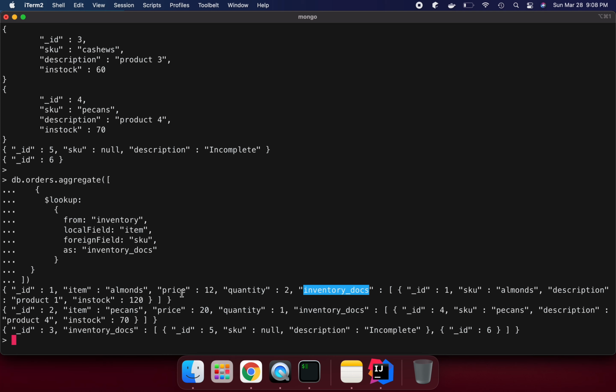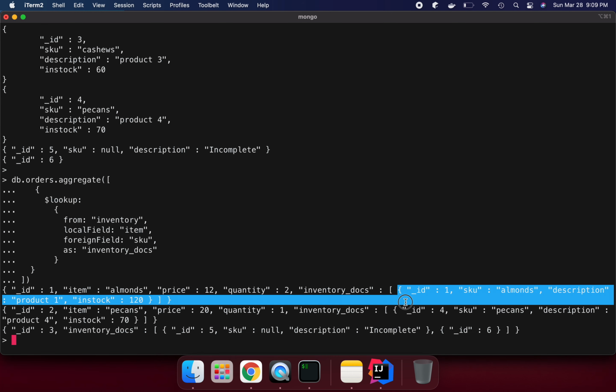If you see, the matching part is, like, elements is a match. So now we are getting the inventory document. This is my result. Here we see inventory_docs, which gives me all the matching documents. So we can see we are getting the elements, description is product 1, and stock 20. These are the matching documents we are getting.